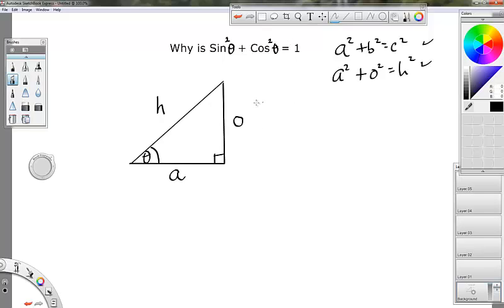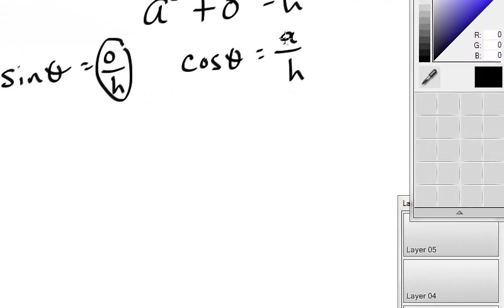And let's do that. The sine, if we break this down to what sine of theta is, it is, of course, opposite over hypotenuse. All right? And instead of labeling these A, B, and C, I already just labeled them opposite. So we're going straight off of SOHCAHTOA here. The cosine of theta equals adjacent over hypotenuse. And we know that's true. So since they're equal to each other, if we, in fact, substituted these two things in for these two things,